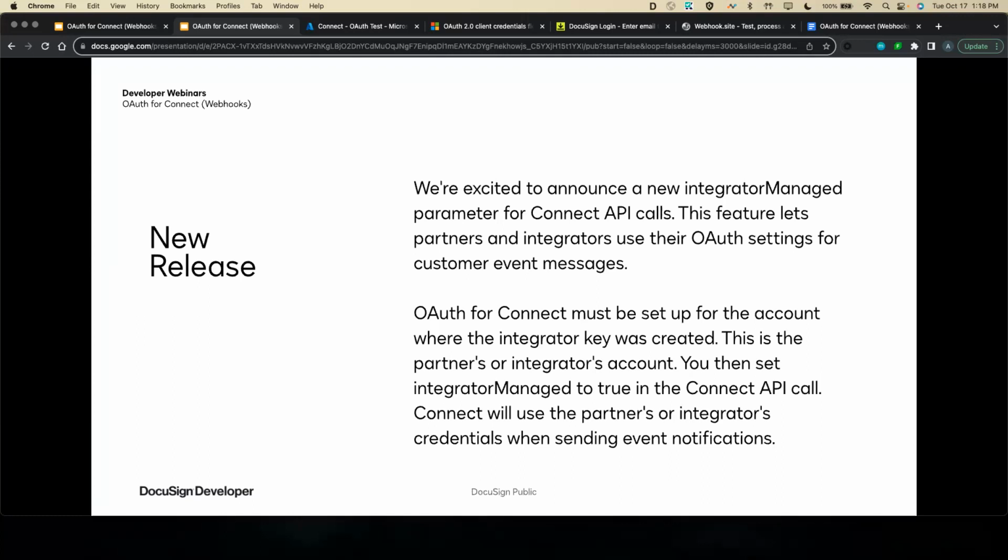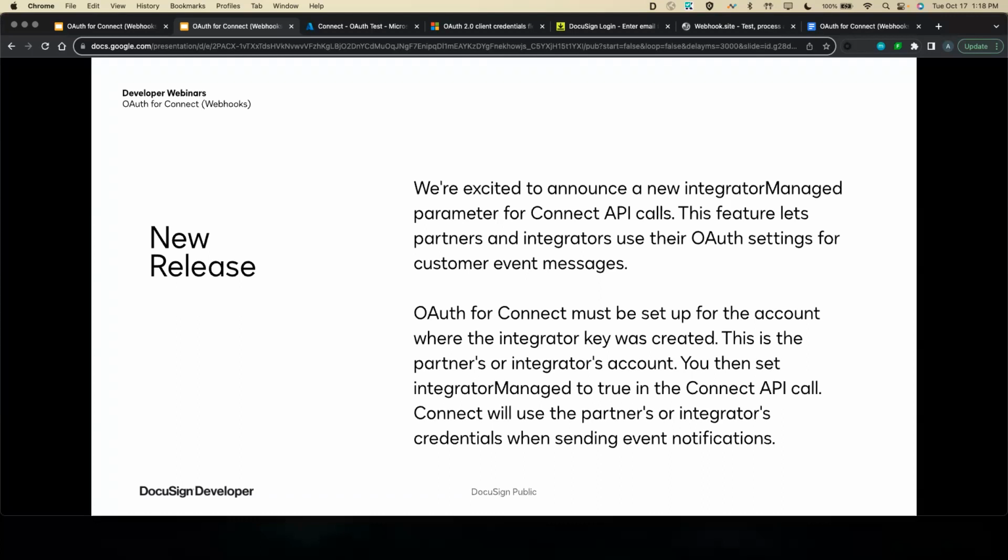You can then set integrator manage to true in both our API calls, our create config one or our event notification in the envelope, and Connect will use the partners or integrators credentials when sending notifications instead of that customer's account. And you can use this parameter for account level or those envelope event notifications that I showed you before. And this is only supported in the